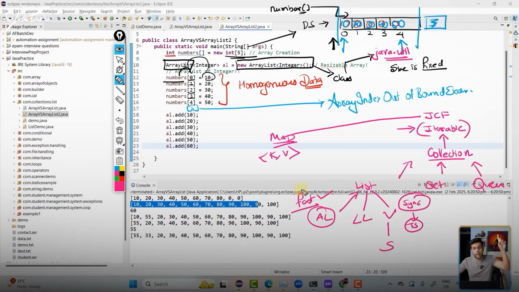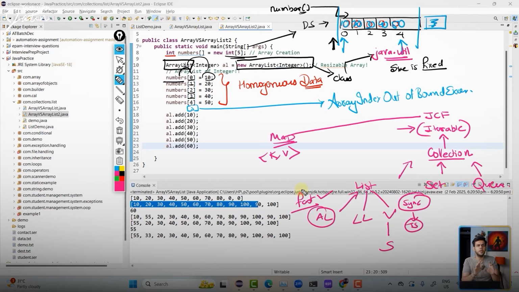We started from array, we came to collection, then we saw the hierarchy. Now we know one more thing, that ArrayList is not synchronized at all. Vector is synchronized, and that's how you will be able to remember it in interview also. What is the difference between vector and ArrayList? Both are part of list interface. Kudos. What is the next point? The next point that comes into picture is vector is synchronized, so it is thread safe. ArrayList is not synchronized, meaning it is not thread safe.